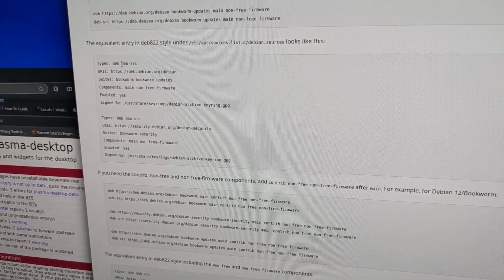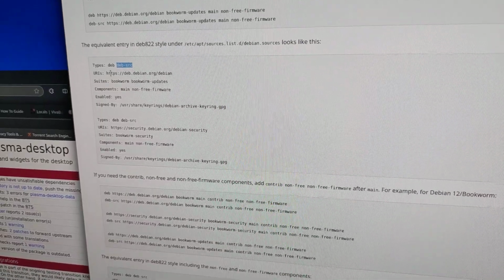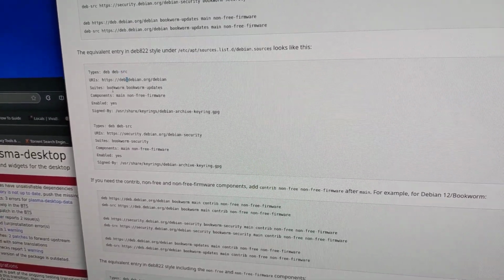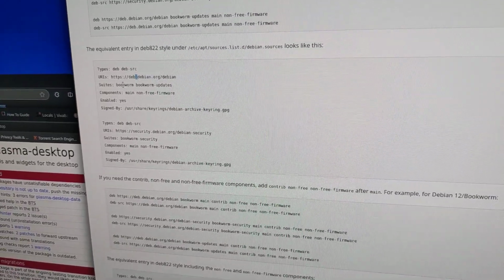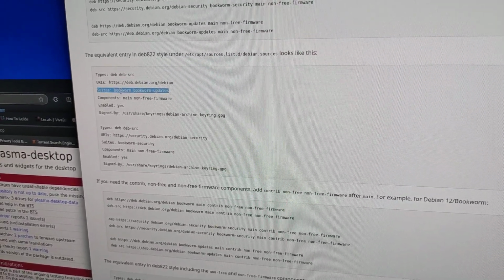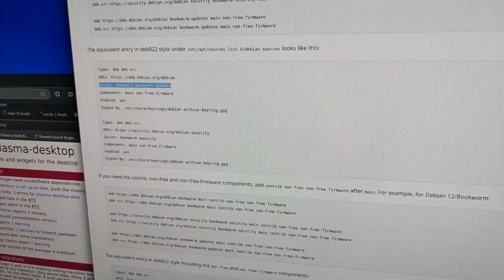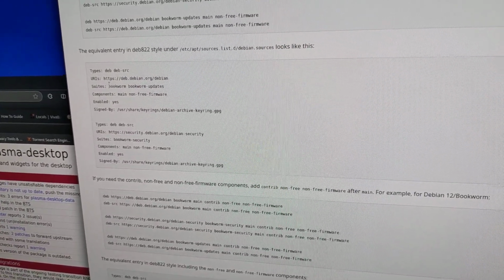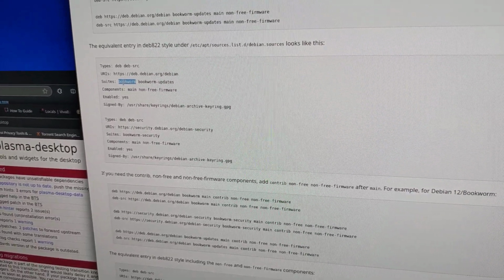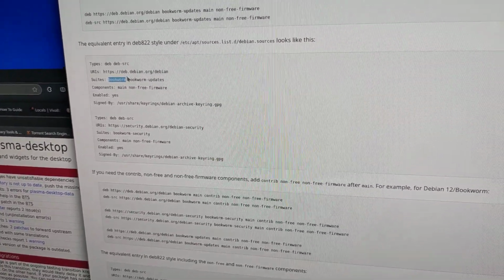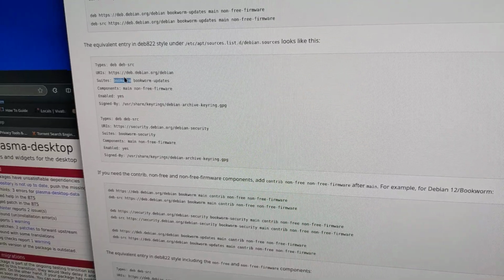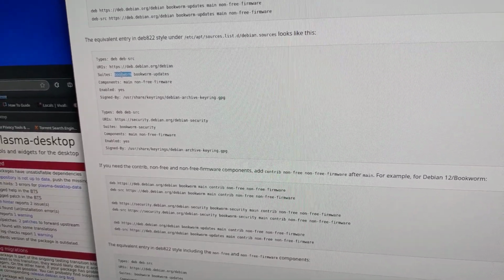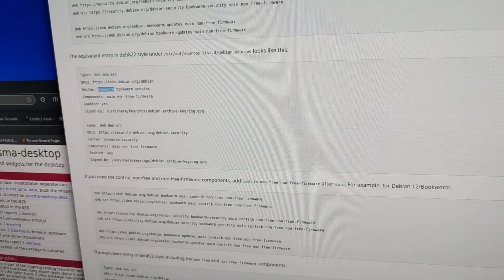This is one word, right? And then pointing to the URL, and then the suite, what type of version. If you want Bookworm, you would put here Bookworm or Bookworm updates, or both in this case. Or if you wanted unstable, you would write unstable, or just stable. Bookworm is the same as stable. If you put stable here, you'd get the same thing, only